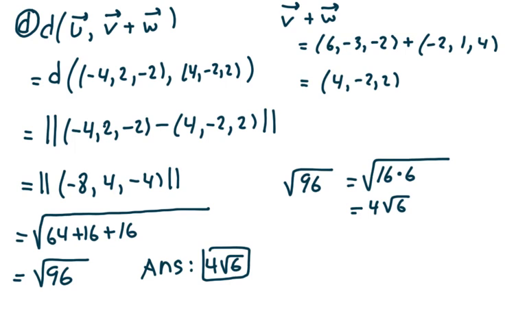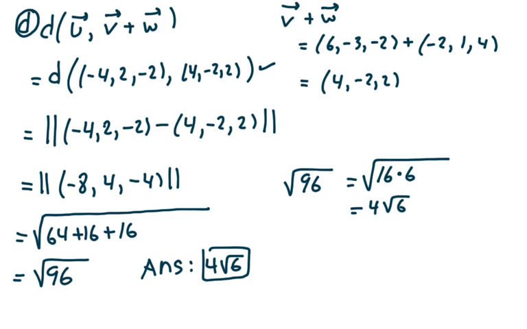Part D, we want essentially the distance between vectors U and V plus W. Now, V plus W is the vector 4, negative 2, 2. So we're going to look at D of U, which is negative 4, 2, negative 2, with the vector V plus W, which is 4, negative 2, 2, right here. Now, that's the norm of negative 4, 2, negative 2 minus the vector 4, negative 2, 2,